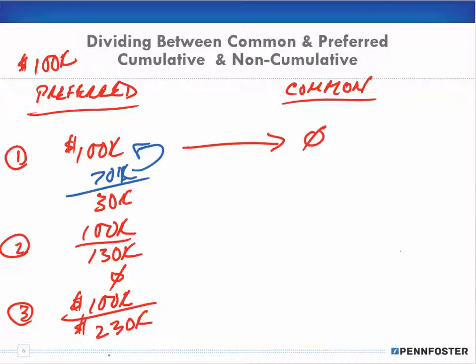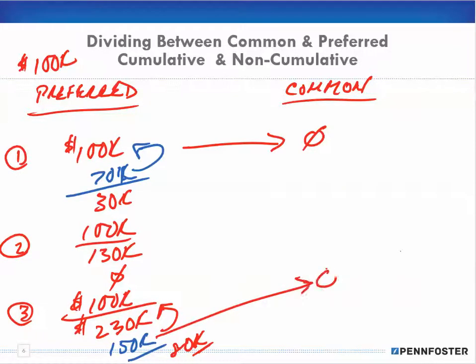Okay, and let's say 150,000 of a dividend is declared. Okay, well that 150,000 all goes against the 230,000 that's owed to preferred, and there's still a remaining $80,000 that's still owed to preferred. Out of the 150, nothing goes to the common. In that last example, if you had written it down, you saw that out of that 150,000, 20,000 had gone to common because that dividend had paid what was still owed to preferred.